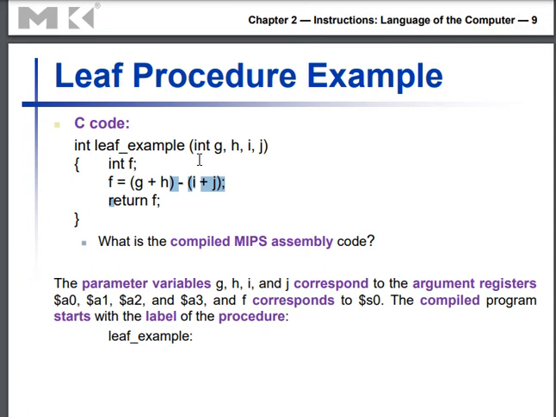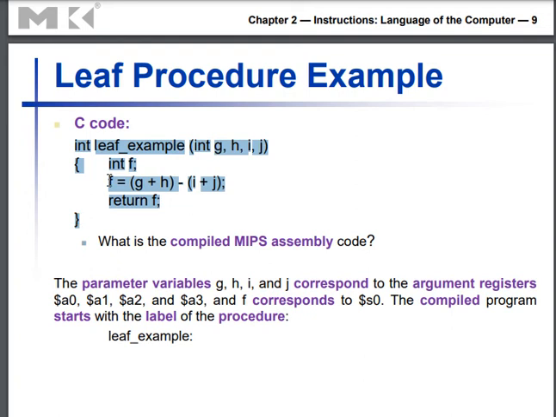So there are four values passed to the procedure called leaf example, and there is a local variable inside the procedure, some calculations, and it returns a value back to the calling segment. You can try to write the MIPS assembly code equivalent of this one. You can convert this segment written in the high level language, C.